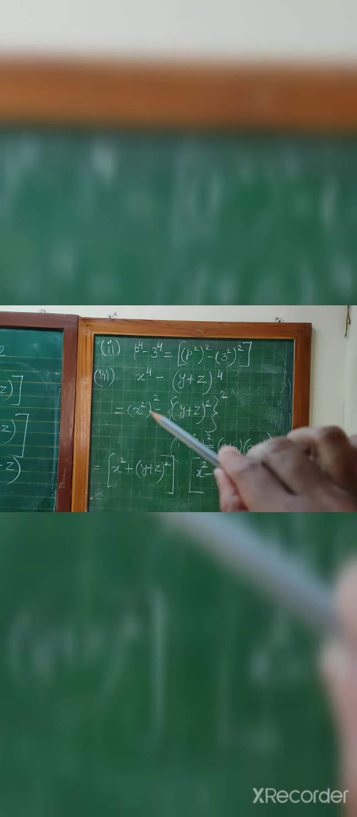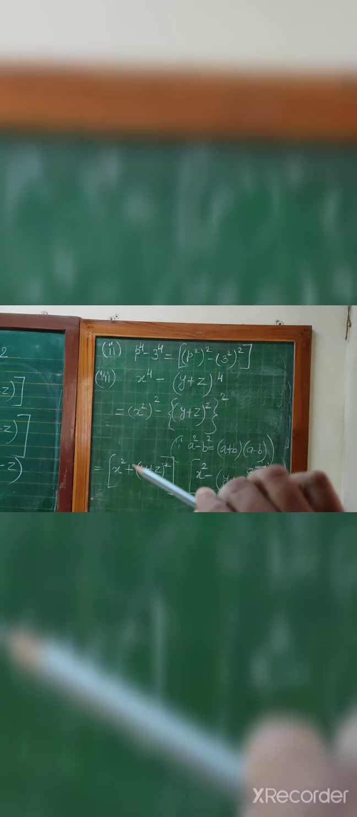So a square minus b square equals a plus b into a minus b. So in place of a you can see here x square, and in place of b, y plus z whole square. So x square plus y plus z whole square, x square minus y plus z whole square. Now here also again we can apply the formula, x plus y plus z, x minus y plus z. So we can see here,